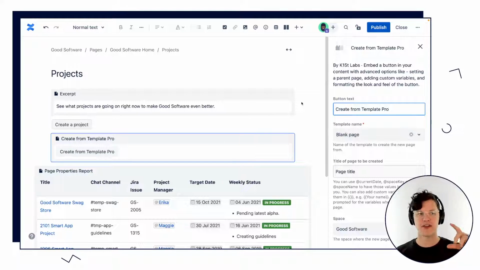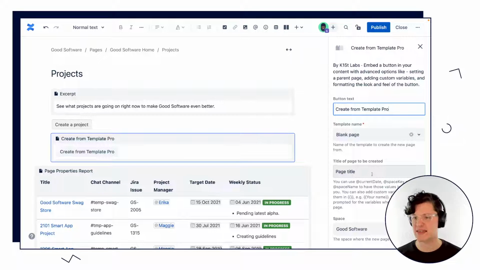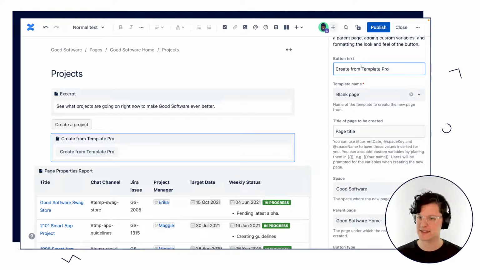Like, what if we want to have all of our projects go to another space? Maybe we want all the projects across our entire organization to live in another Confluence space, but I still want to have a button right here. How do I make that happen? So I can, just as the other one, add text to the button. So I could just say create